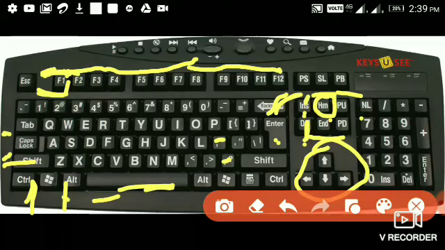Then, not all keyboards have a numeric keypad. If available, there is a separate set of keys with numbers from 0 to 9, the decimal point, and special characters. So this is the numeric keypad. It has special characters and navigation symbols. The numlock key on this keypad allows us to switch between the numeric and the navigation keys.